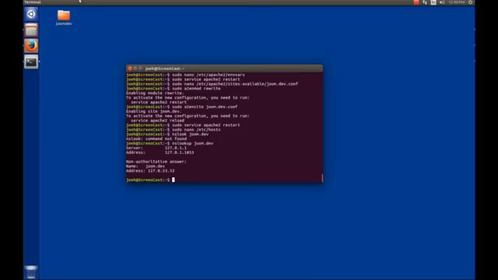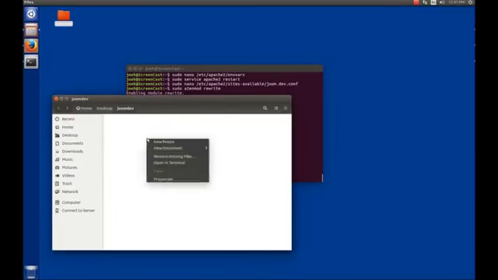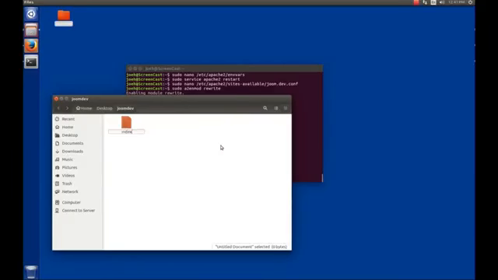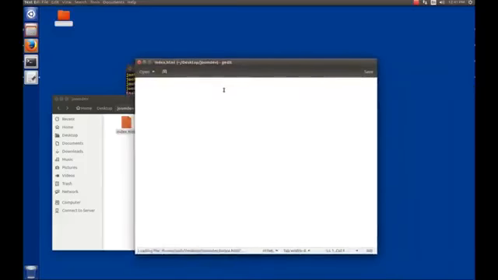Sorry about that. So now the next thing we need to do is create a simple page. So I'm just going to double click this folder, and I'm going to say I want a new empty document here, and we're going to call this index.html because that's what Apache looks for. And then we're going to edit this file. I'm just going to open it with gedit,